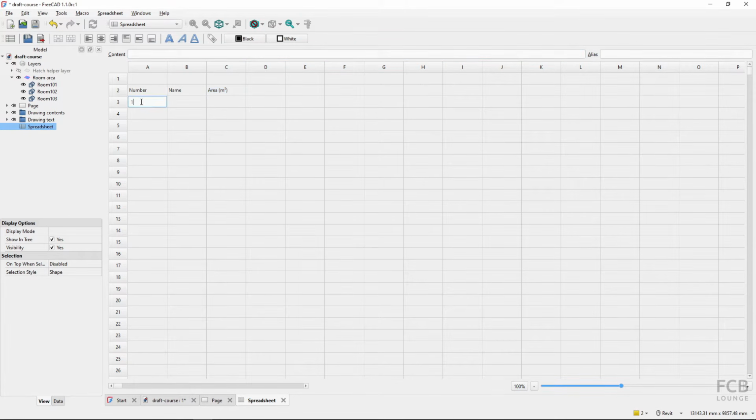And then the number I will type in 101, hit enter, 102, hit enter, 103, hit enter. And in the name this is garage, hit enter, this is storage, and this is the toilet. So this is quite easy. For the area we will do that a bit later,